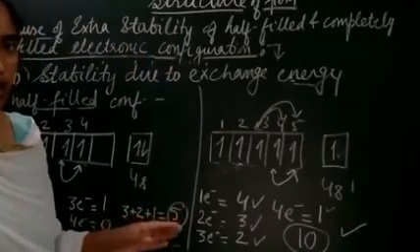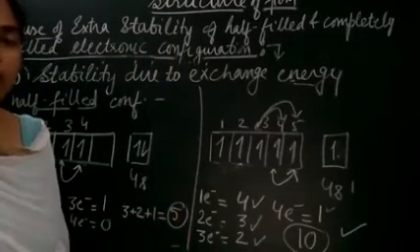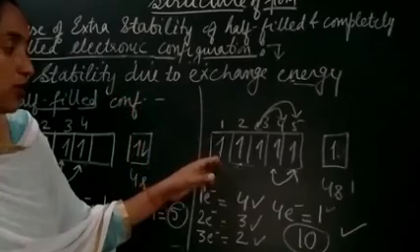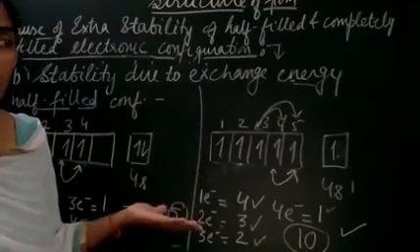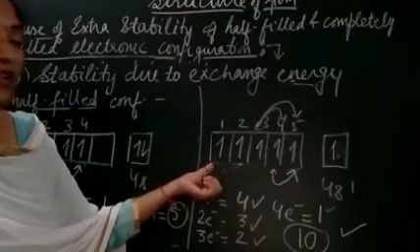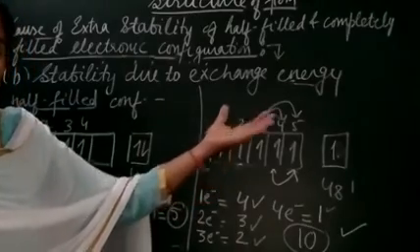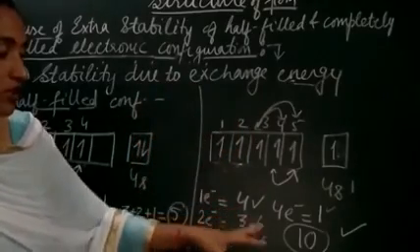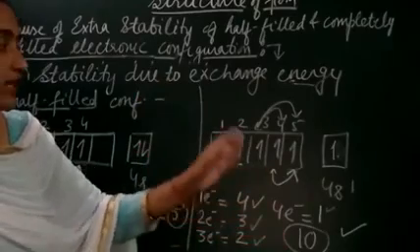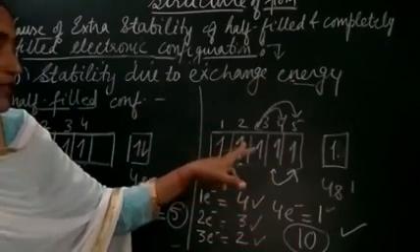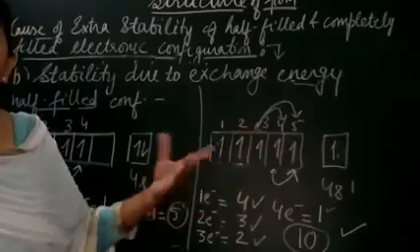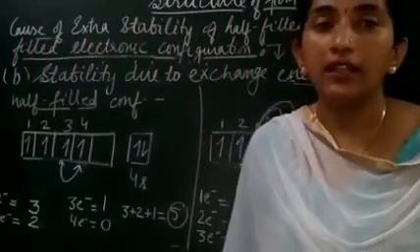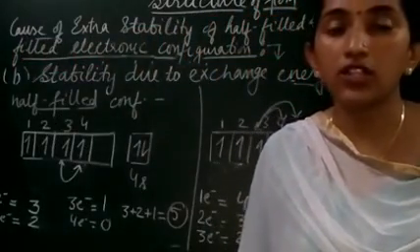In the same way you can do it for the completely filled configuration also. In that case, for each block the number of exchanges is going to be double, because in each block you will then have 2 electrons. So you will number them 1, 2, 3, 4, 5, 6, 7, 8, 9, 10. For the first 5 you will have the exchanges in the same way. Then the second set, the 6th electron, 7th, 8, 9, and 10, will be repeated in the same way, right? So students, you have to do this, and then we will discuss the electronic configuration of the ions.